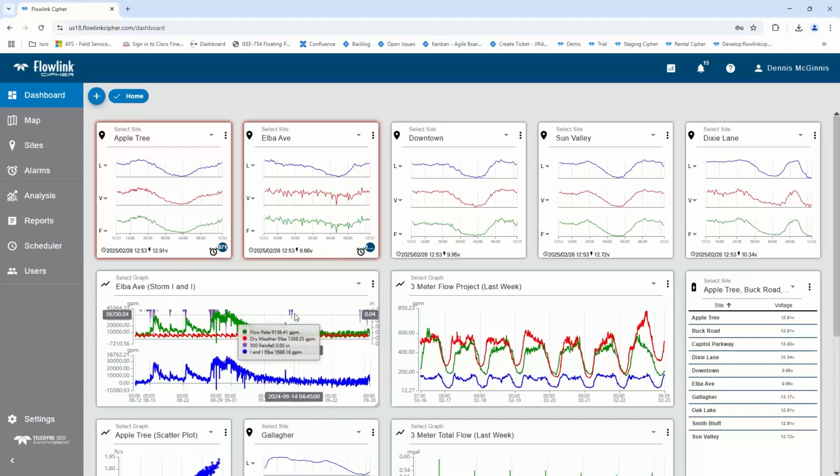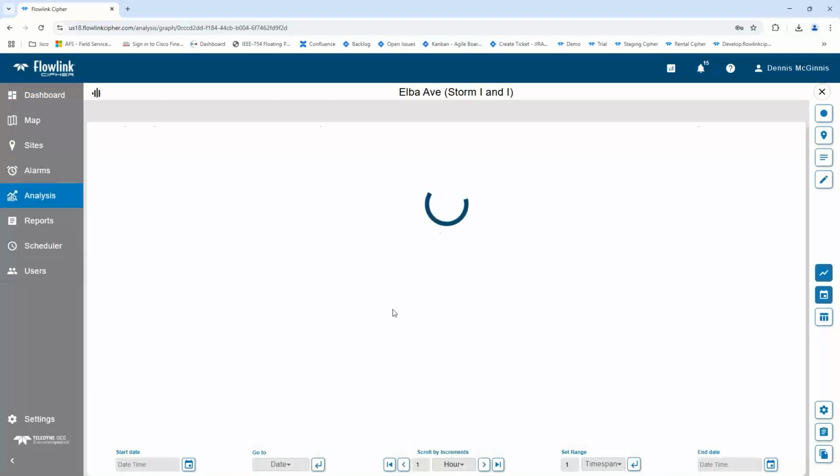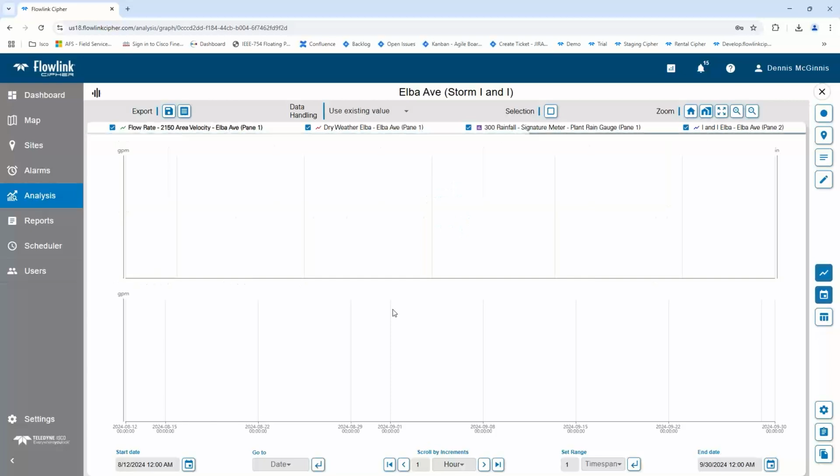I've got my rain with the purple going upside down here. So I've got the rain. You can see the rain's coming in, the storm's coming up, and this is the stuff that's actually leaking into my pipes. If I want to get to this site and I'm looking at this and I can see, oh yeah, this has just happened, I want to check it out, I can actually just jump to this graph. Just clicking on this jumps me to that graph,